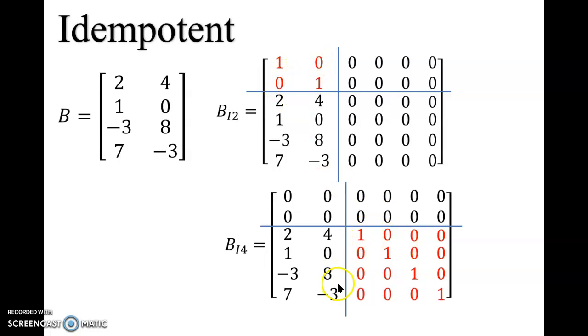Now, I don't necessarily have to leave the identity matrix as a 2 by 2. I can move it down as a 4 by 4. Now you notice this other section that's kind of kitty corner, it stays zeros, but next to it I can always get an idempotent. So pulling up Desmos,